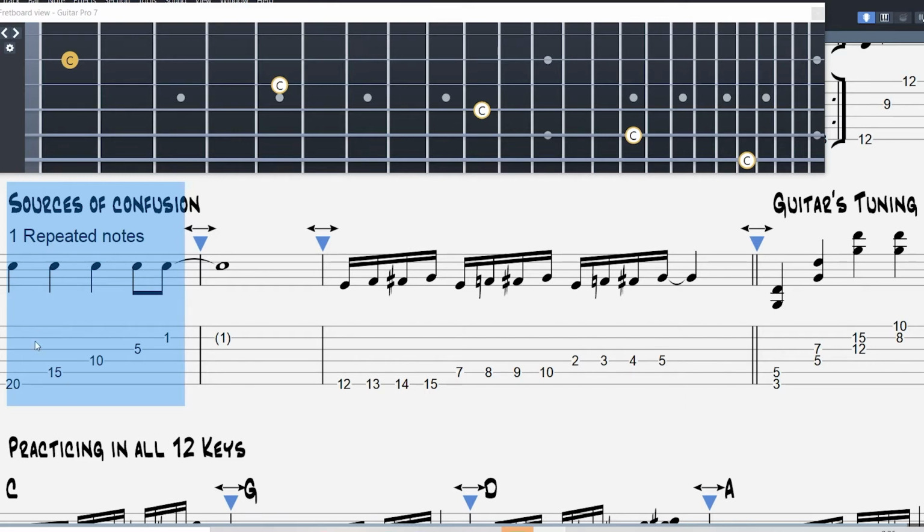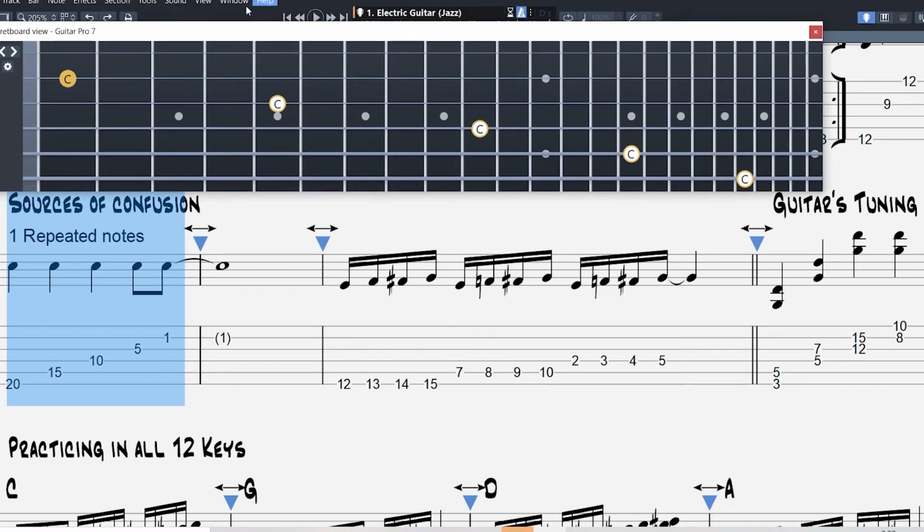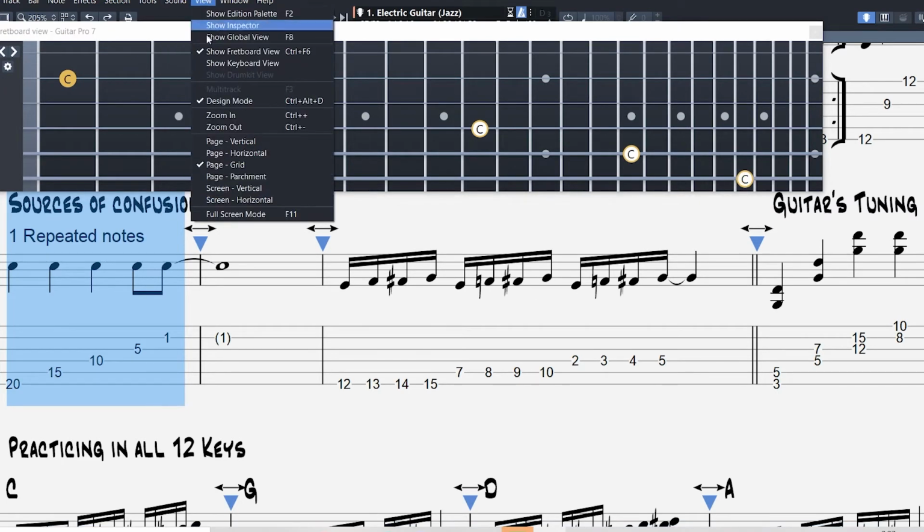You don't need to understand notation, but this is how it's written on the staff. Now, if I play the same C on the 15th fret, it will be the same one. Same with the 10th fret, same with the 5th and the 1st fret. So you can see how this confuses a lot of people. When you're trying to visualize things, a lot of the notes actually repeat when compared to a piano. So I think this one is in C4. Yeah, it's in C4. So if we look at the keyboard view or the piano view,